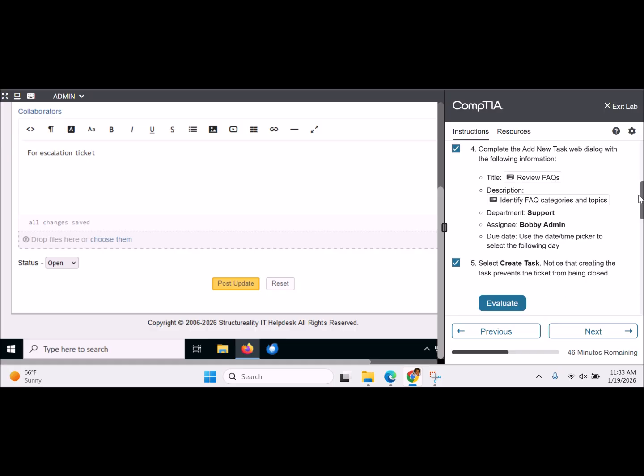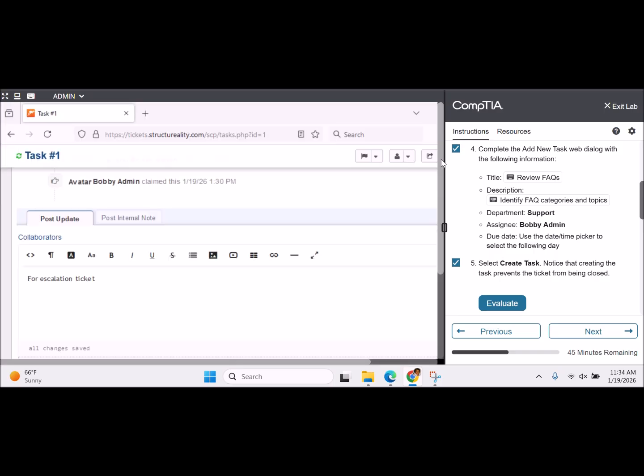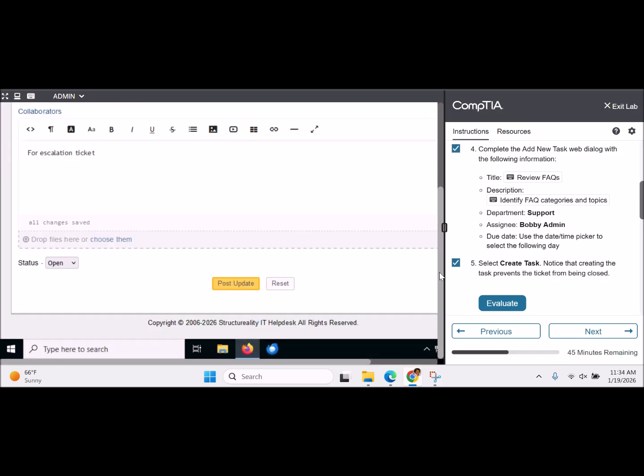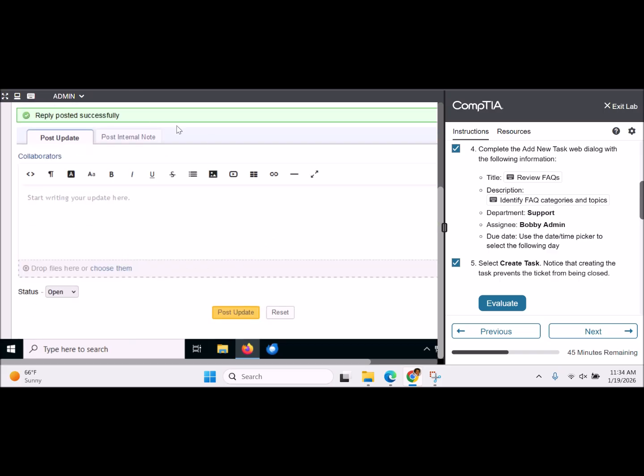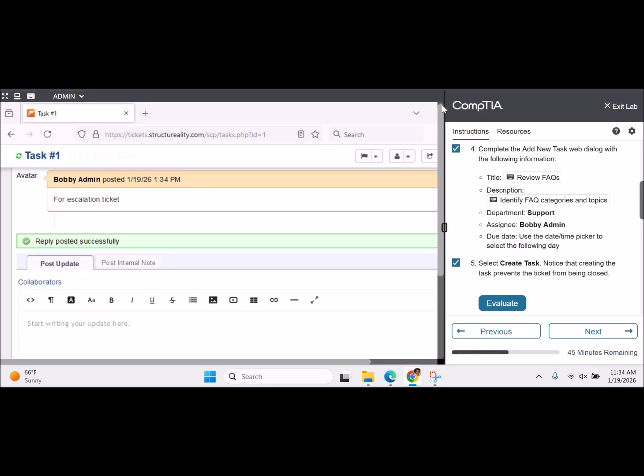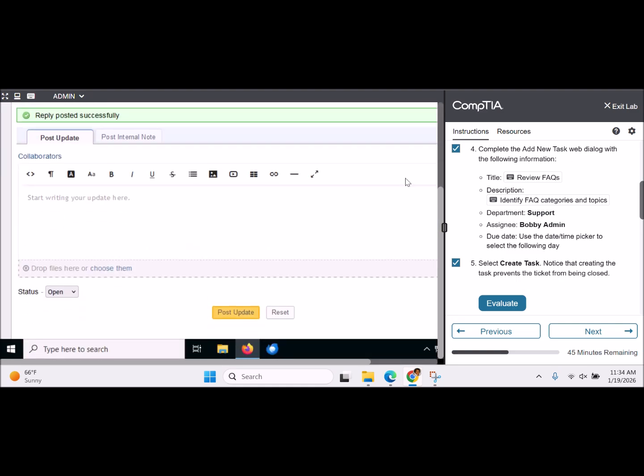It said to create it. Yeah. Create a task. It says the task wasn't found, so I guess do this. Reply. Post successfully. I don't know. I don't think I really needed to do all that, but